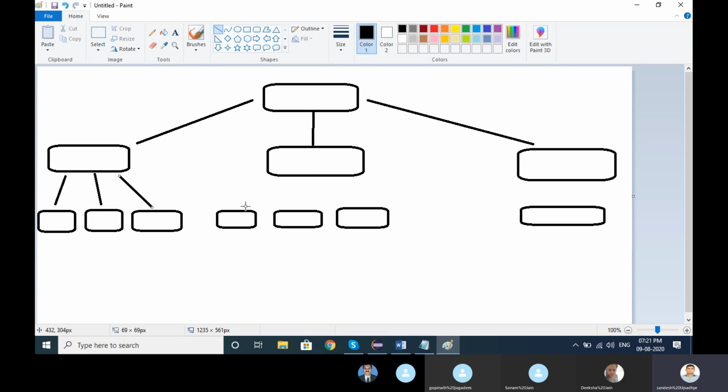Let me first create a structure, then I will add some values over here, so this will be more understandable. Let me connect these arrows.